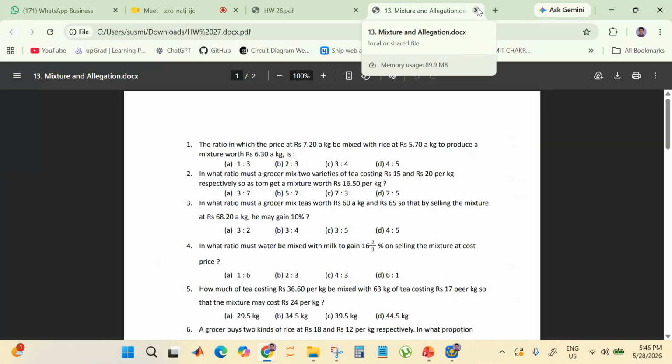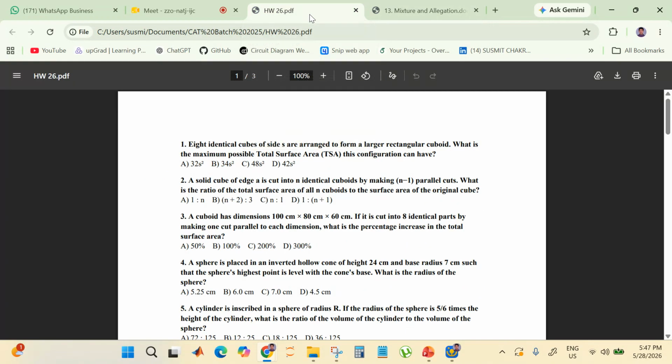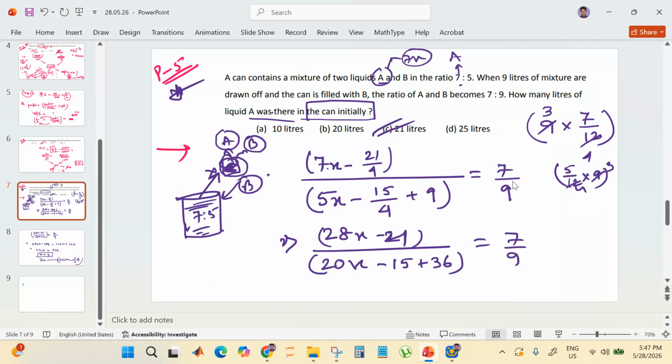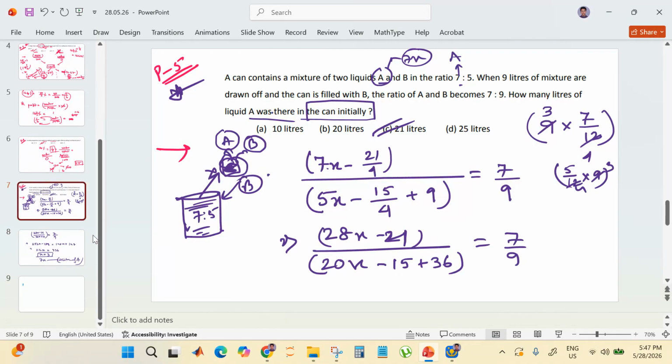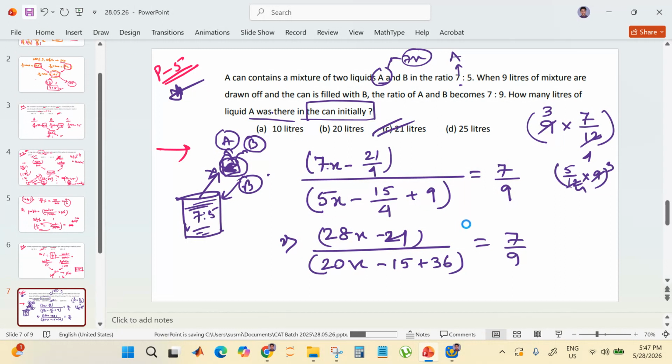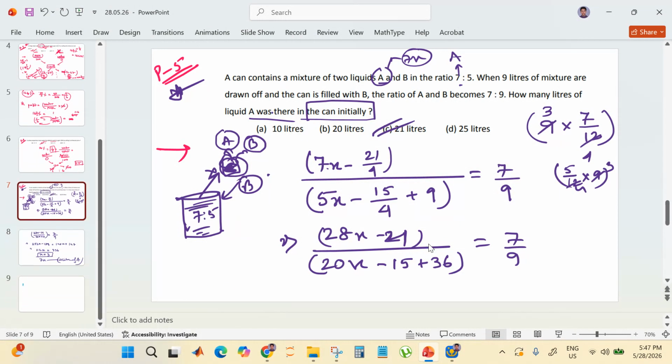And if there is any problem regarding homework number 26 or anything related to today's topic, you can ask me. I am waiting here for a few minutes more. If you have any problem,